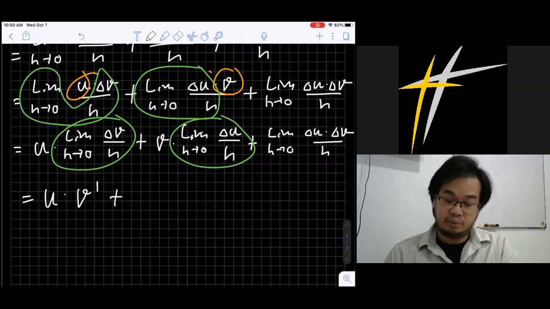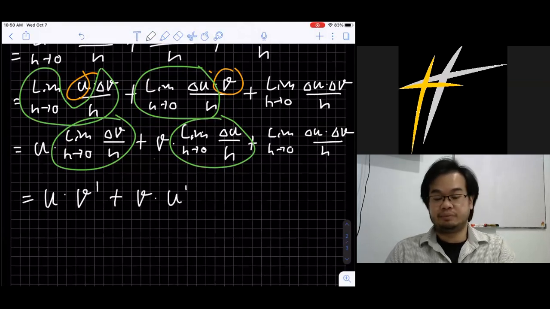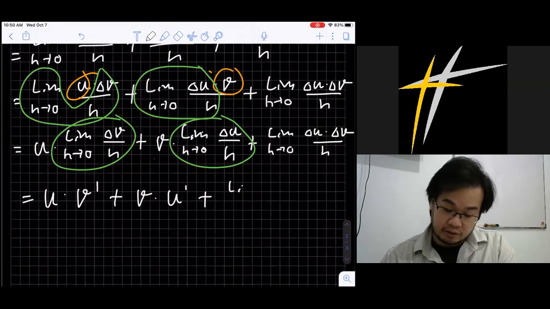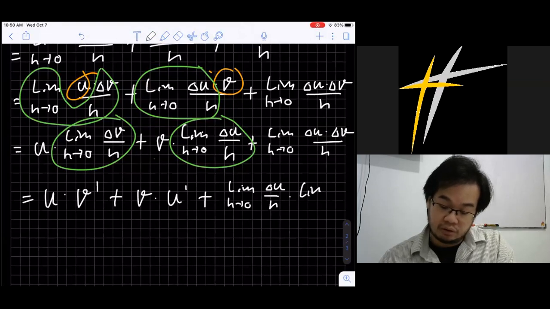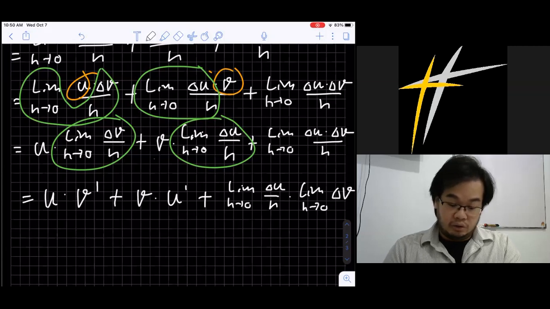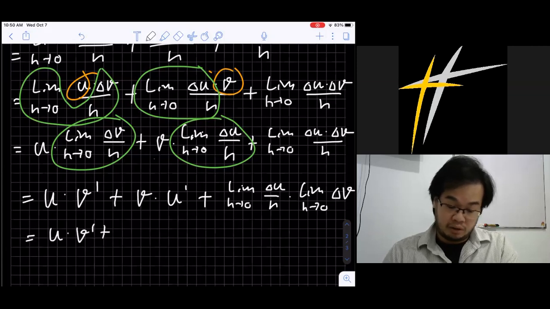And this can be written as phi times u prime. Okay? And if we separate the last term, we can write it as the limit of h approaching 0 of delta u over h times the limit of h approaching 0 of delta phi. So this will be u times phi prime, and I will switch it, u prime phi